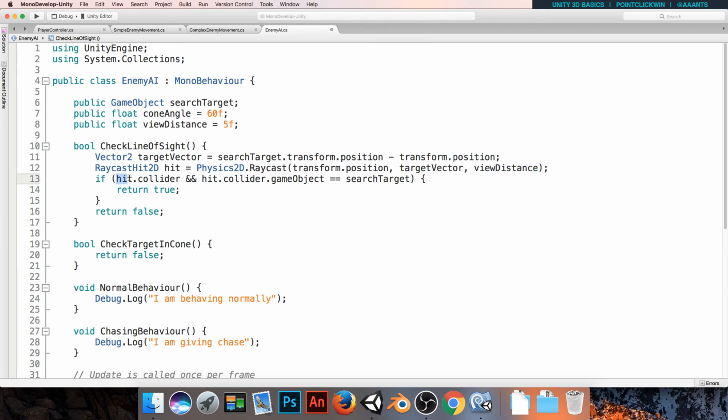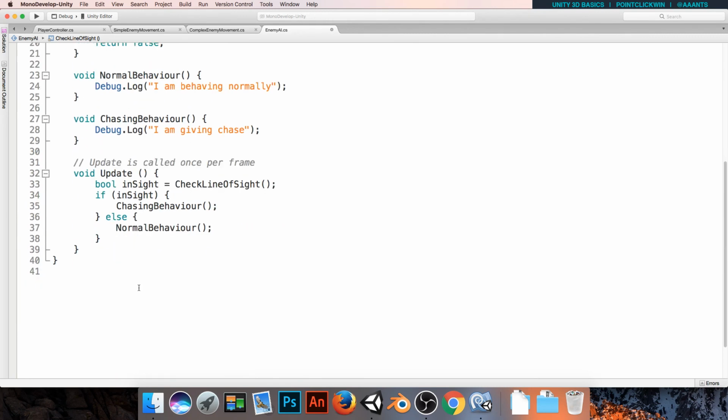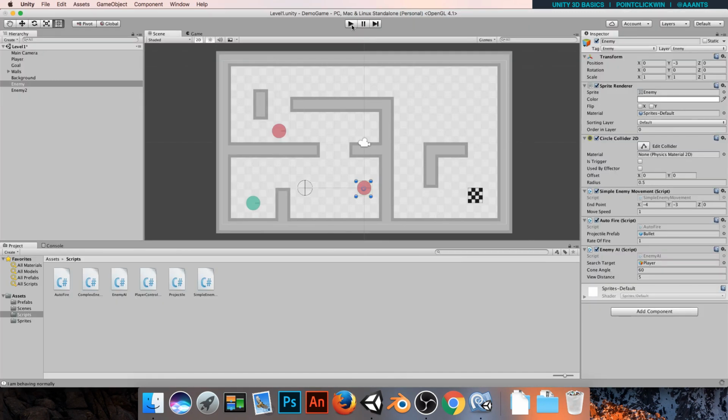Then we ask if that raycast hit anything, so we ask if there was a collider, and if there was a collider, was that collider part of our search target? If so, that means we've found the object we were looking for, so we return true. And then if none of that ever happened, if this if didn't happen, we return false. And that now has everything set up for this update logic to work. So the function there, the check line of sight, does all the work. This boolean stores a true or a false for whether we've been seen or not, and then this if statement reacts accordingly. So let's save that, jump to Unity, and let's watch it all go hideously wrong when I hit